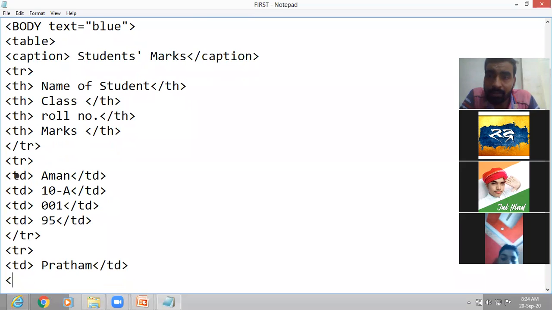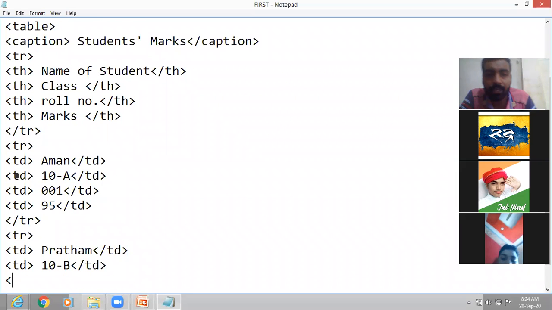Then the class of Pratham, suppose it is 10th B, then close TD. Then the roll number of Pratham, suppose the roll number is 002, then close TD.